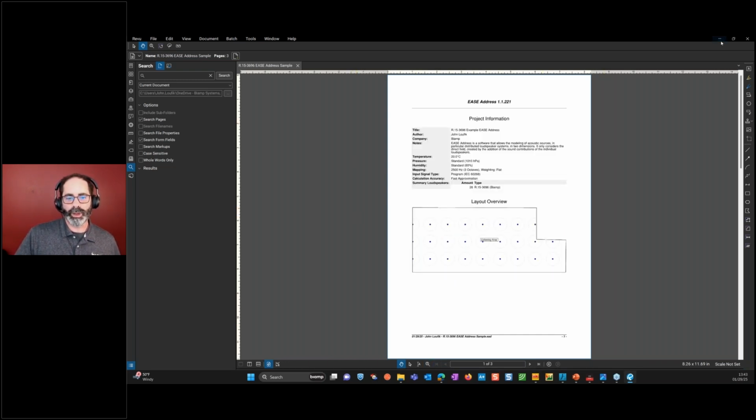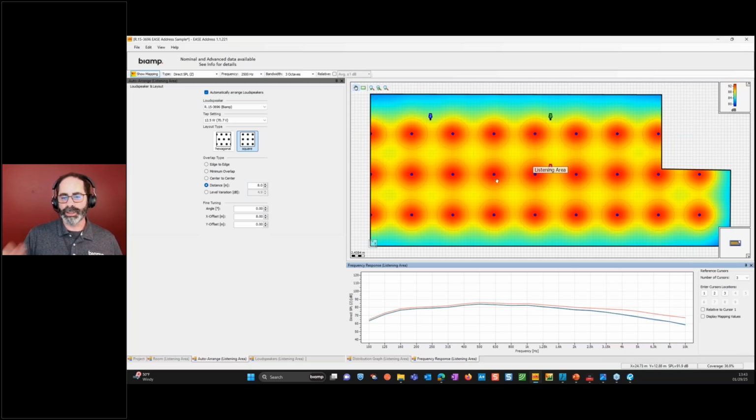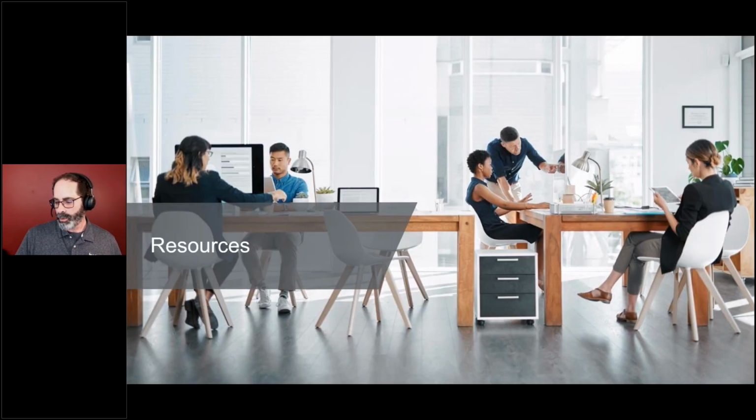So that's EASE Address. You don't so much place and manipulate the device individually. You do the auto arranging as much as you can until it doesn't solve all your problems, and then you manually adjust it to your satisfaction. So that's EASE Address, a real quick introduction. And then EASE Focus,